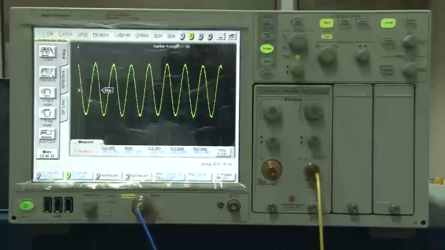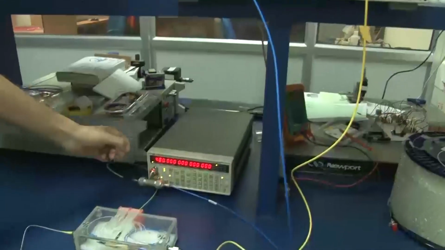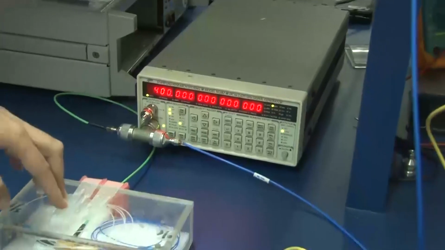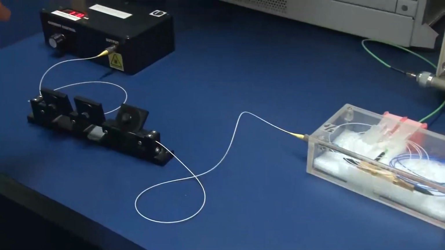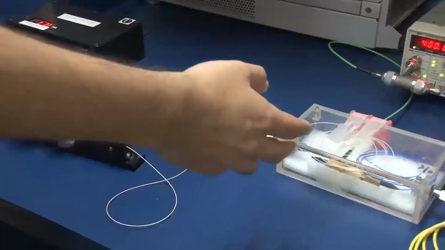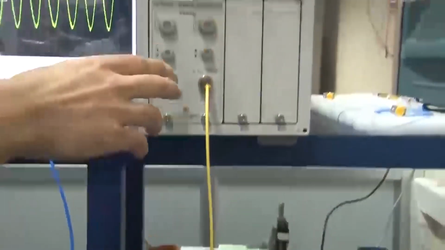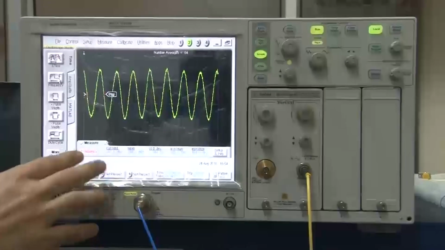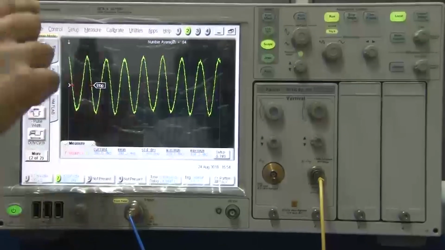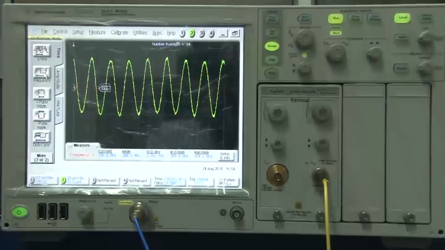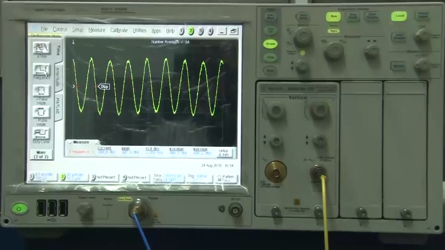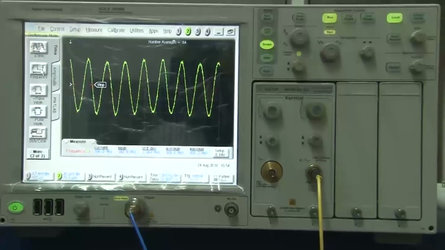In the function generator, as we can see, we have a 400 megahertz input signal to the Mach-Zehnder modulator, and it modulates the incoming optical input to the modulator. As we can see, it goes into the oscilloscope, which has a photodiode, and we can recover those pulses. The reading here is 400 megahertz, which is around that. We recover a sinusoidal RF input as a sinusoidal optical output. So this shows how a basic modulation of the optical input can be done.